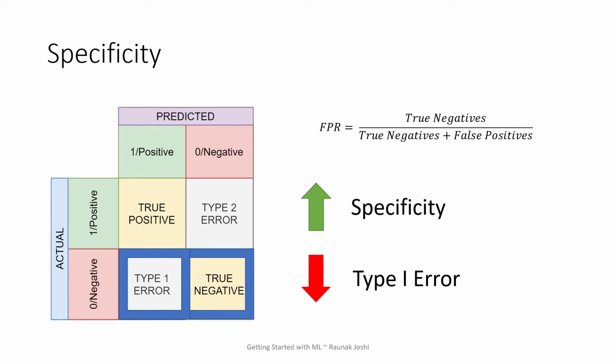See, if I increase the specificity, I can lower down the type 1 error, which is the false positives. I can get it to reduce. Those are basically inversely proportional with each other. Again I have a typo over here. This is not FPR, this is specificity. Please understand this. I had again written FPR, but that is not FPR. So I can increase the specificity of my algorithm in order to lower down the type 1 error.